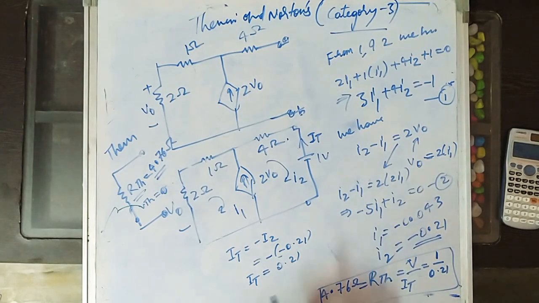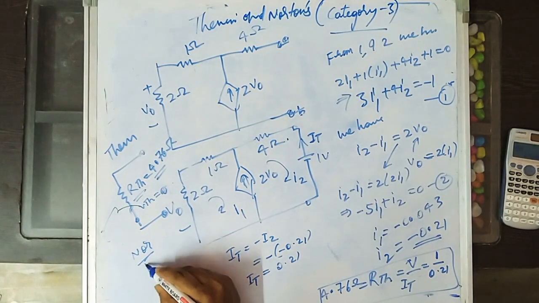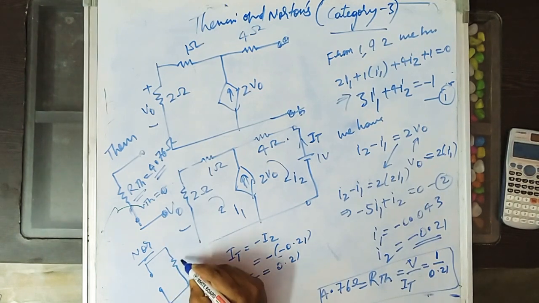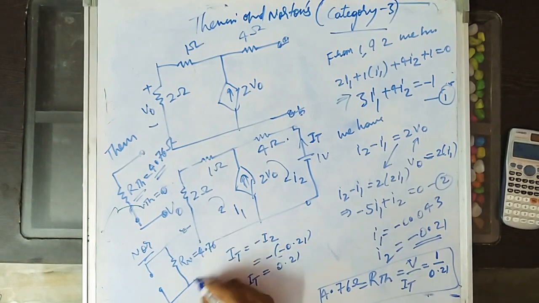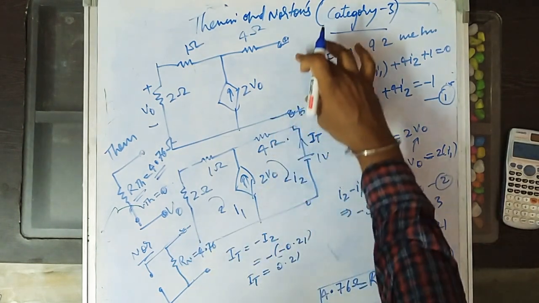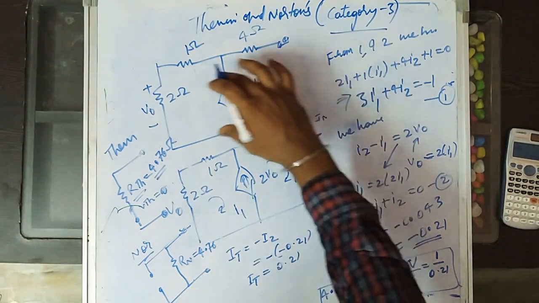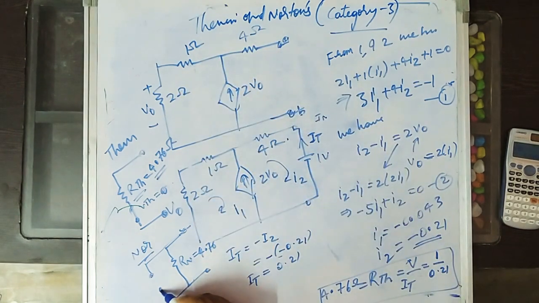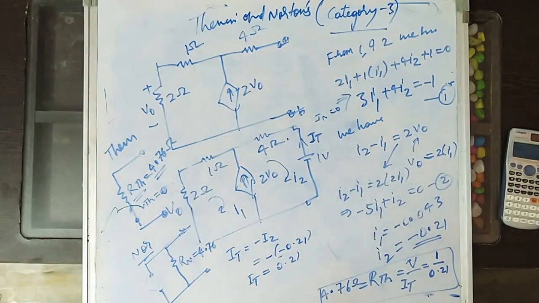Now this same Thevenin equivalent, you can keep as a Norton equivalent also like this. So you'll open this current source, you'll place it like this. So Rn equal to 4.76. You can also keep it like this. This is the Norton equivalent for this circuit. Since the current source is 0, IN is 0 because there is no energizing element. So IN equals 0. You keep the current source open. Actually, a Norton circuit means you have to keep a current source. Since IN is 0, Norton's energizing element, you will open the circuit. Up to now it is okay, fine.